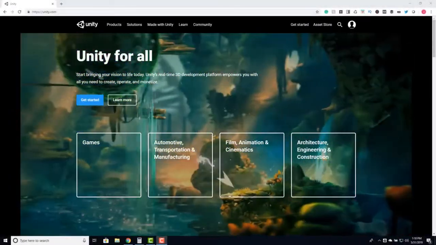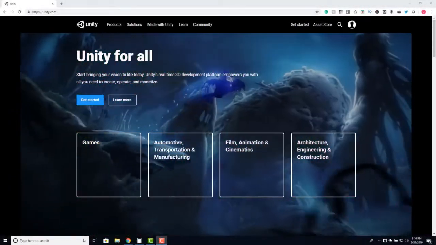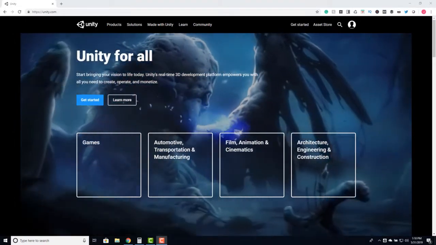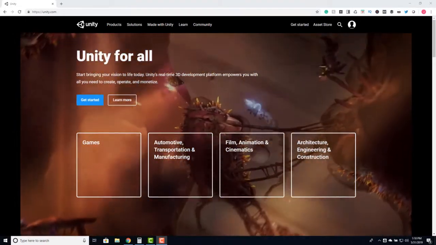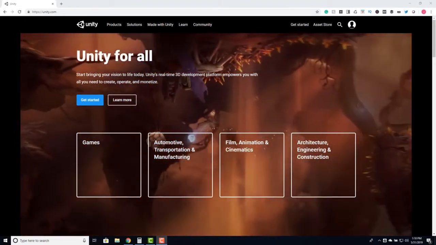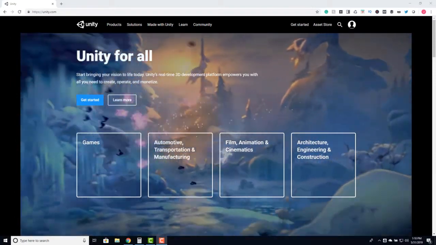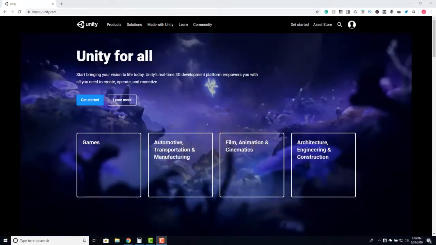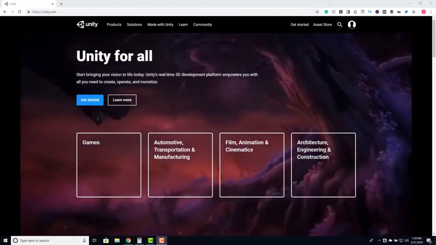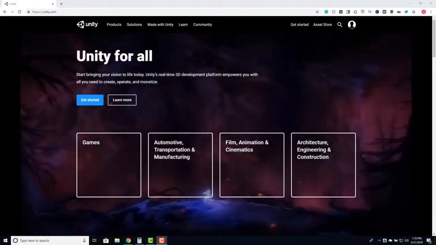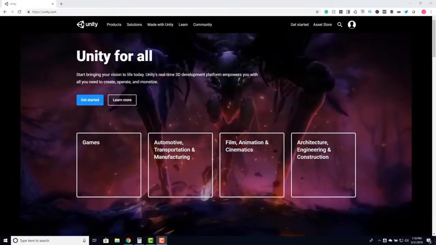In this video, we are going to grab the latest version of Unity. Now for this course, we will be using Unity 2019.1 or later. It doesn't matter what version of Unity 2019 you have, just have one of the latest versions. If you already have Unity installed and you have a Unity Connect ID, you can go ahead and skip this